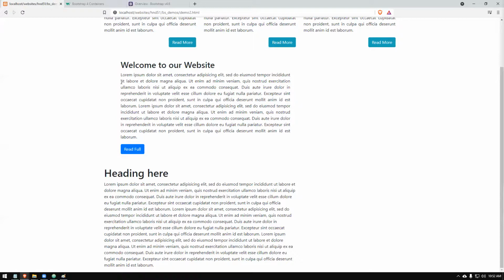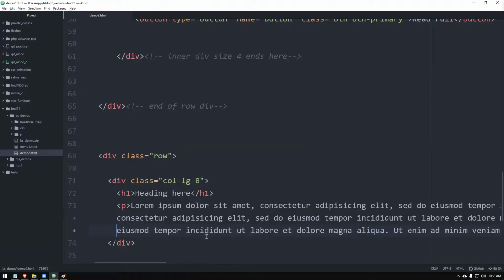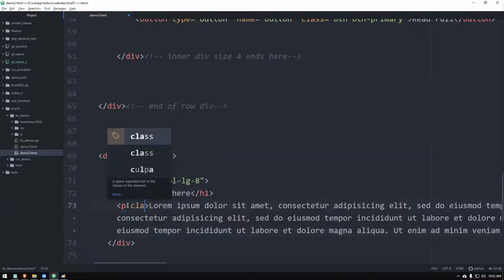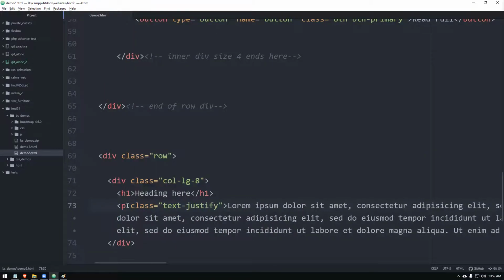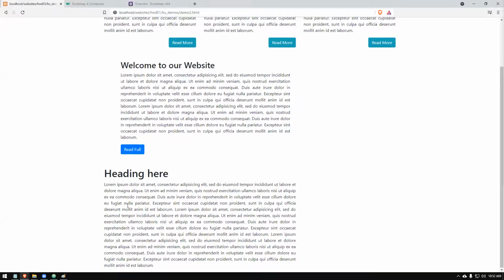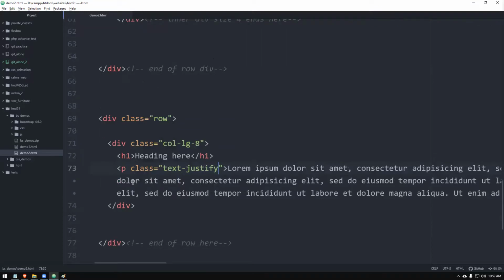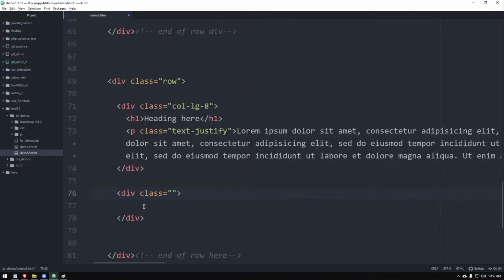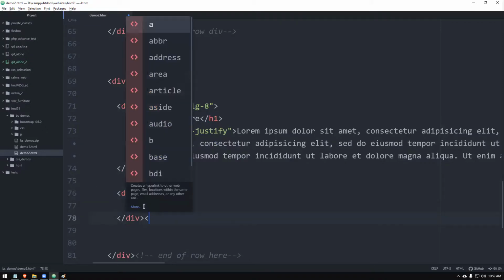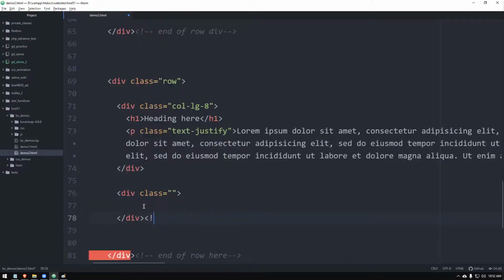This gap, I asked you how to give that gap, right? So this is taking up to this point, to this point. Now, let's give this paragraph class text justify. Okay, so it's nicely getting justified like that. Let's put another component next to this. That means I'm creating another div. We are learning about the grid system, so I'm just trying to make you understand, right?